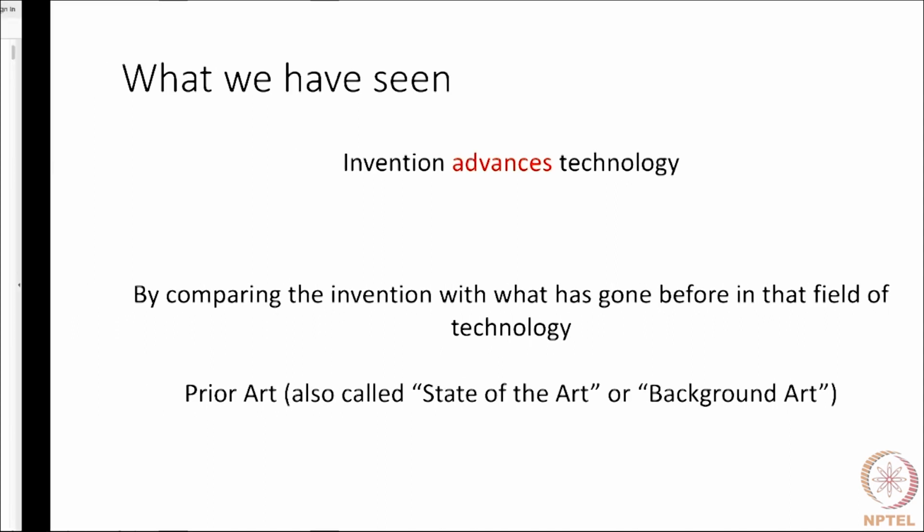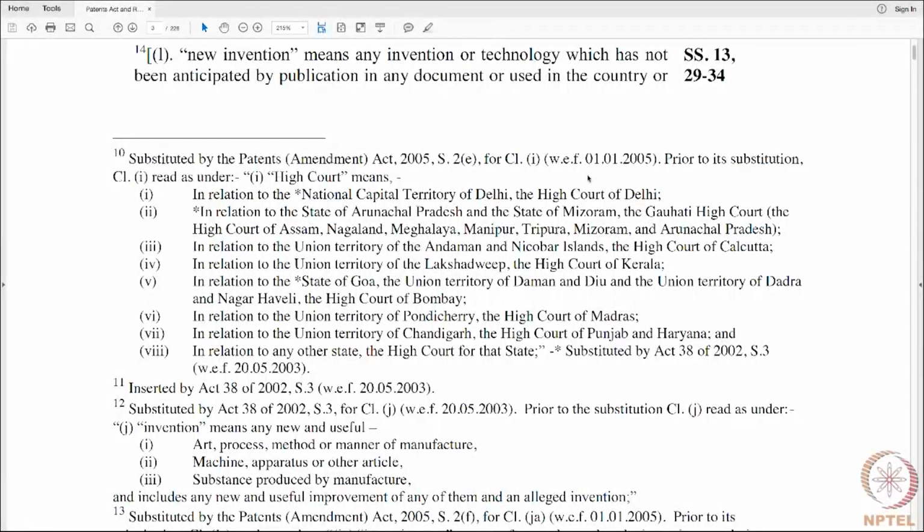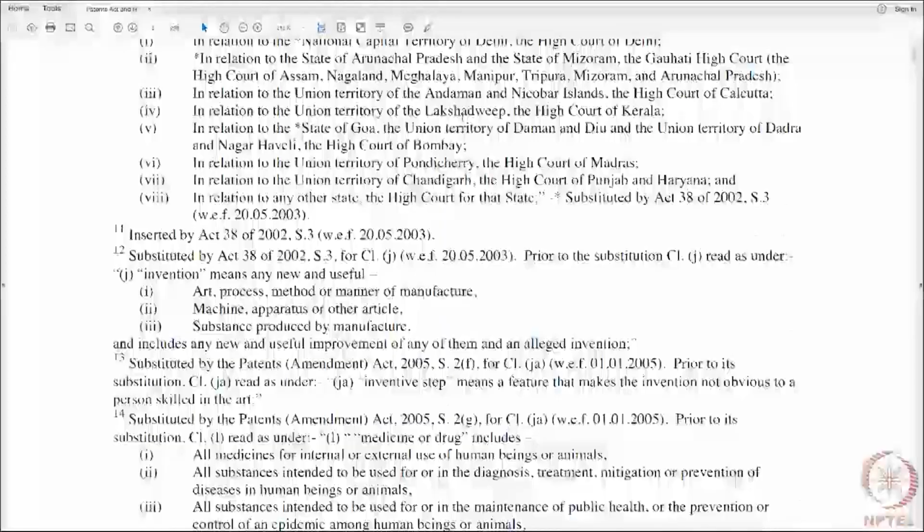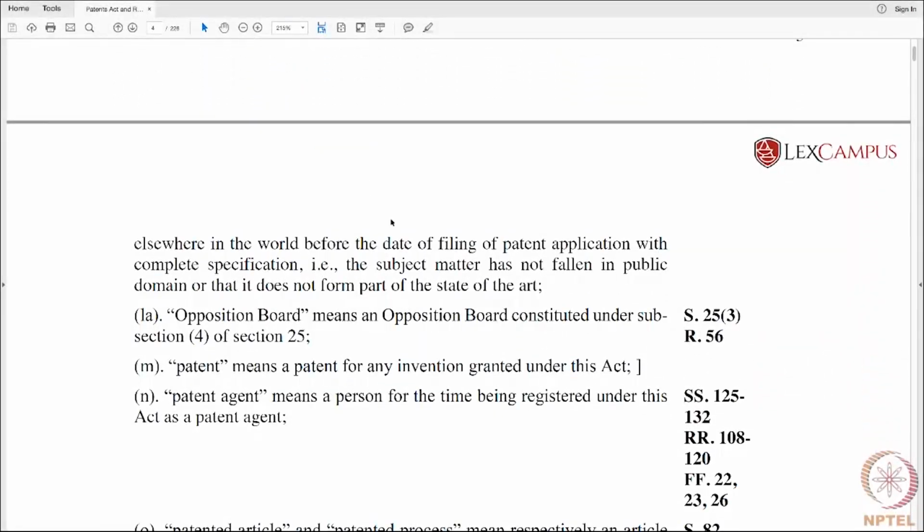Now, you will find that the word prior art figures in the Patents Act. This is a copy of the Patents Act, and we are in section 2 where the definition of new invention is mentioned here. A new invention means an invention or technology which has not been anticipated by publication in any document or used in the country or elsewhere in the world before the date of filing the patent application with complete specification.